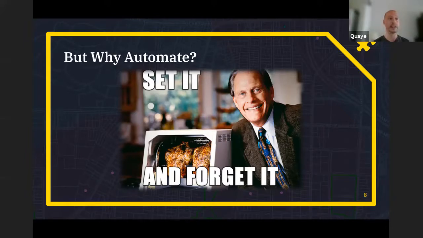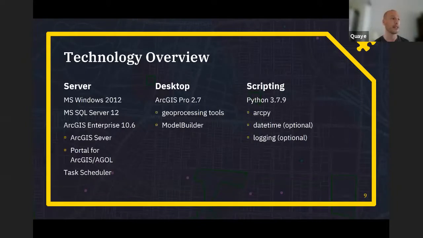Okay, so we've defined the problem. We have identified the data that will be involved and why it's important to automate. So here I'm providing an overview of the technology that makes up the automation system. This likely reflects what architecture many of you have implemented. Nothing's really jumping out here as a custom component or something that wouldn't be common in an enterprise GIS system.